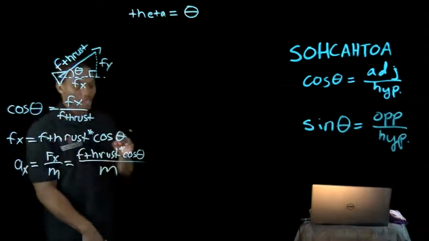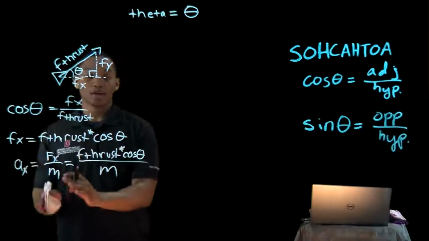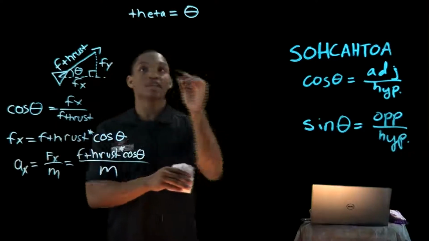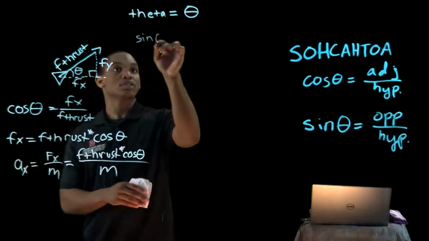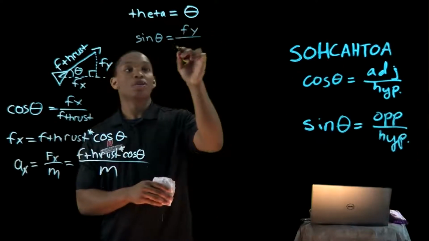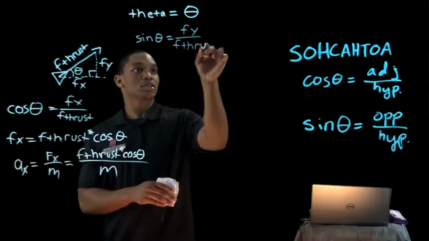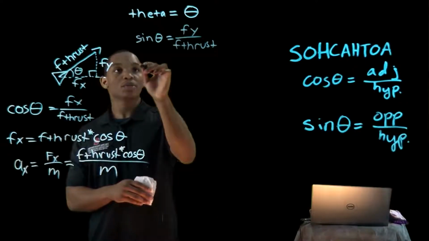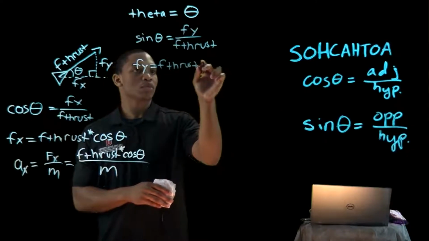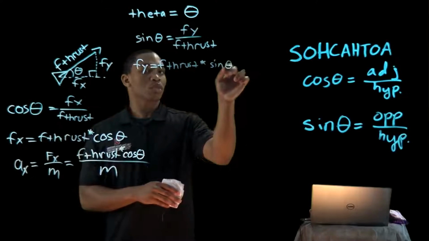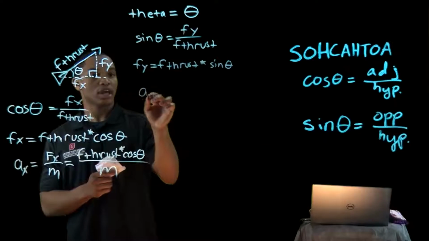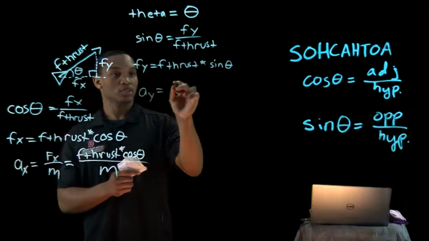So let's do the same procedure as we did with cosine for our F of x. Let's do the same thing with F of y. So let's take sine of theta and plug in our values. Our opposite is F of y over our F thrust. And so we multiply over, we get an F of y. And now we have our value for F of y, and let's do the same thing to get our a of y,